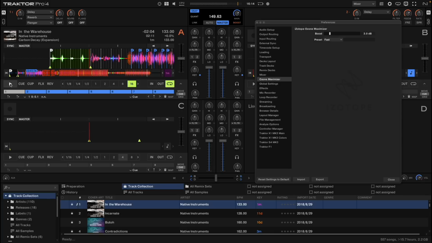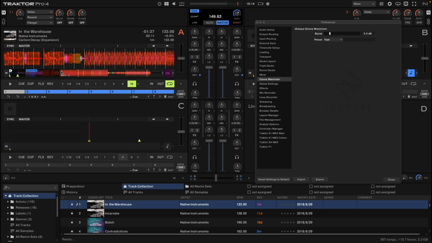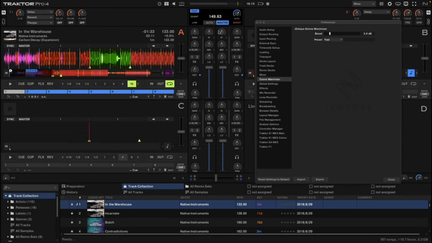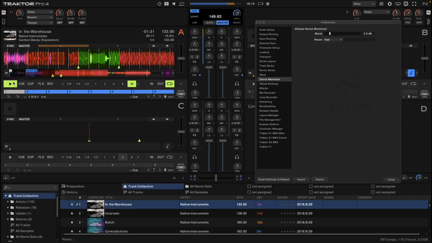So if we have it on boost, +3 to make up for the -3 in the other option. It's loud, very loud. Now I'm going to bring it into somewhere that has even more stuff on. Now the interesting bit here is this is louder than this part. So let's take the boost off. Let's have a listen to the difference between this bit and this bit. Okay, so now if we put boost on,